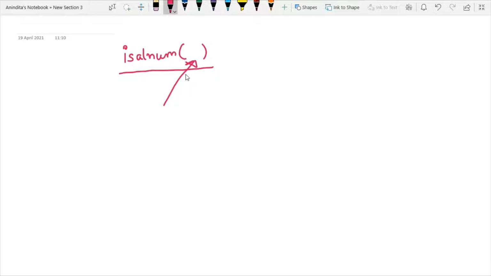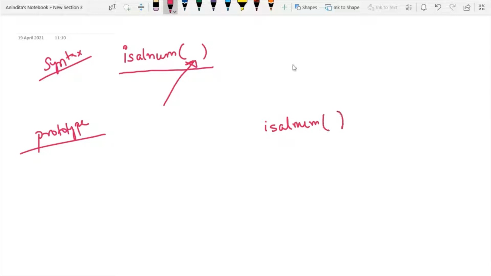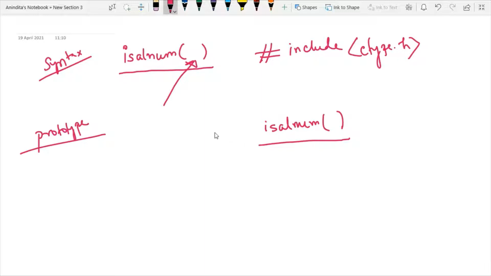First we will understand what is the syntax of this function, or we can say what is the prototype of this function, means how we can define this function. In general, for using the isalnum function, we have to take the help of ctype.h header file. And while using this function, we have to remember this function has a return type int. Now, what is the meaning of return type?